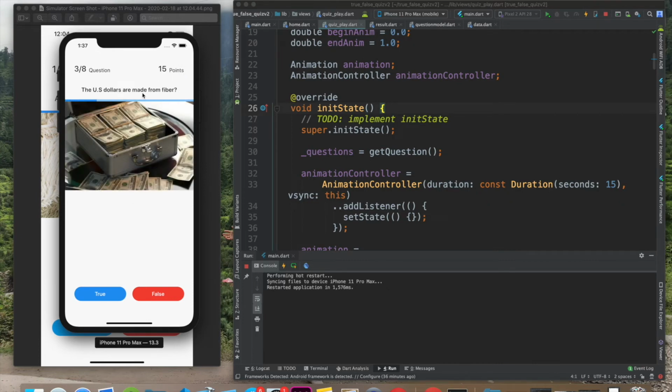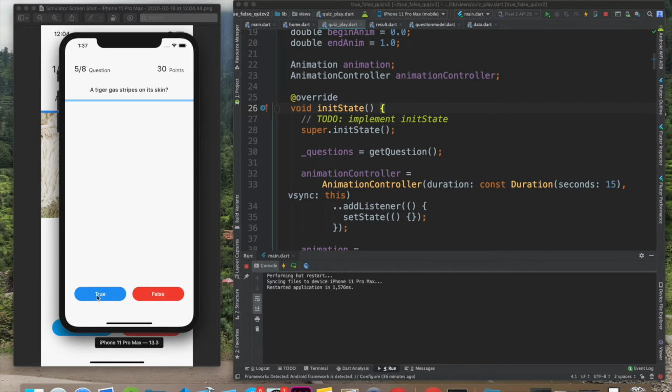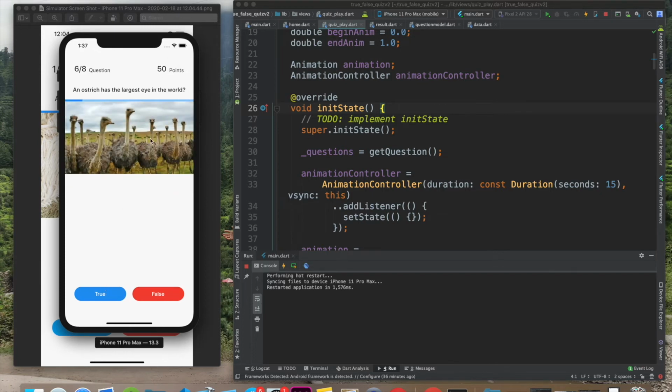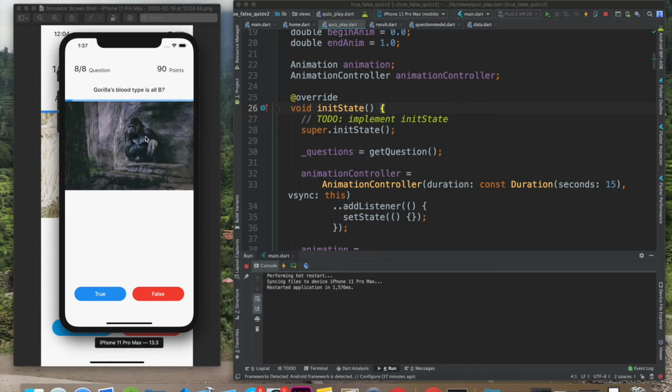The US dollars are made from fiber. I'm not sure. Okay, so the answer was false. It was decreased. So I know this one. The answer is true. So it increased by 20. True. Increased by 20. The answer to this is false. So increased by 20. For this the answer is